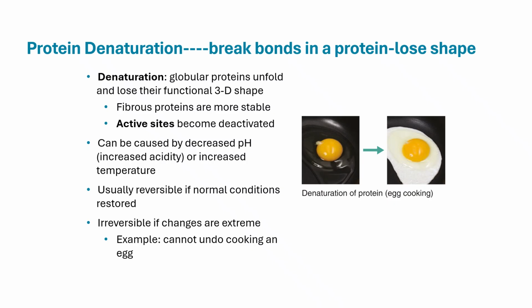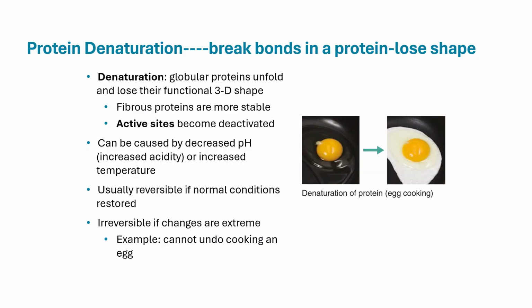Okay, protein denaturation. This is when you break bonds in a protein, which causes it to lose its shape. So when a protein is denatured, also called denaturation, globular proteins unfold and lose their functional shape. The fibrous proteins are more stable, active sites become deactivated. This can be caused by decreased pH or increased temperature. Usually these are irreversible in normal conditions,